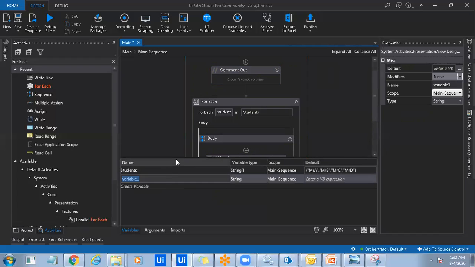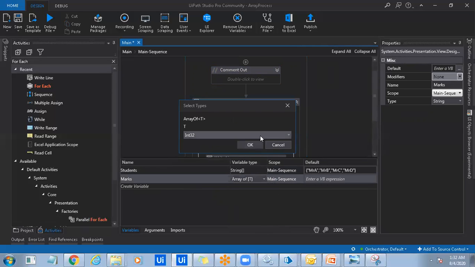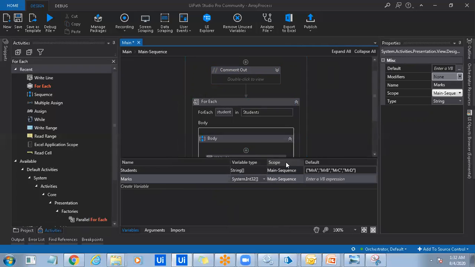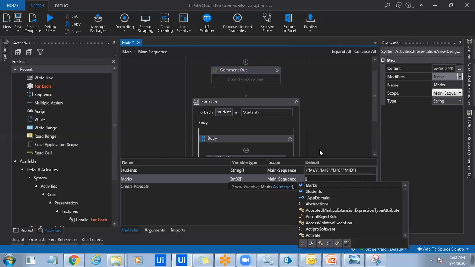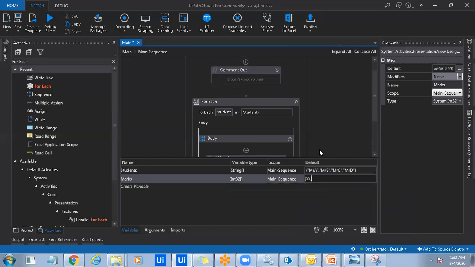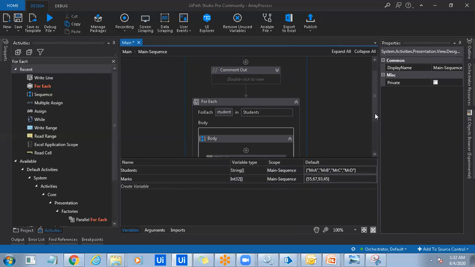Now let me just add another array variable called marks, and I will change the type of array to Int32. So this time it will hold the values of each candidate. Let's say 55, 67, 93, and 45. So I've got four values for the four students,